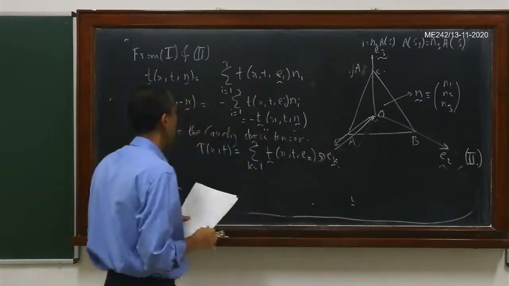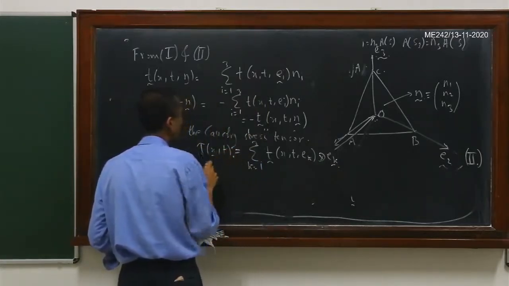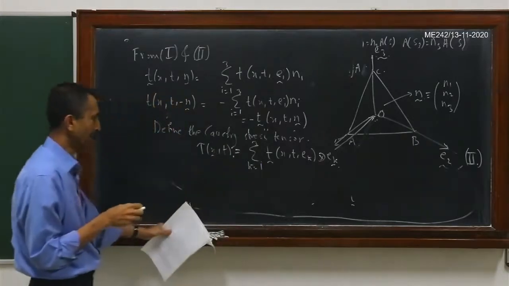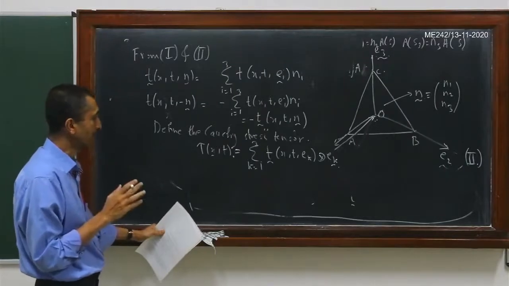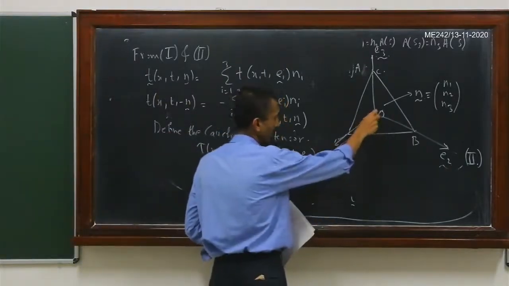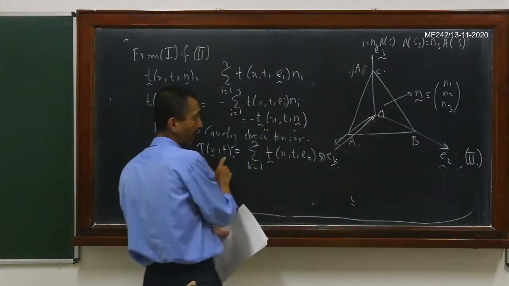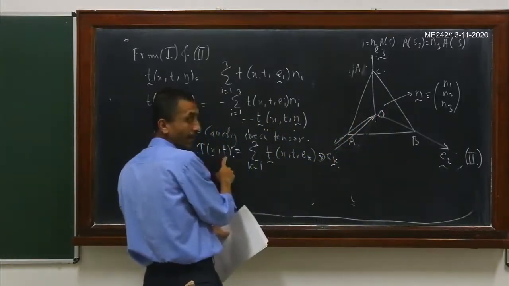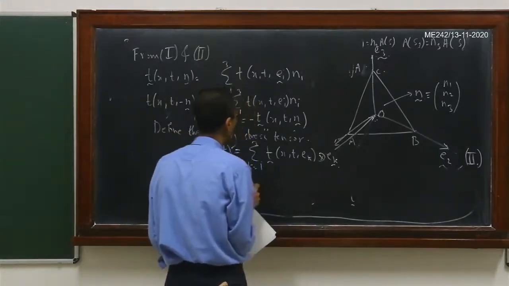So this colon equal to, again I'll put a colon equal to, indicates that it is a definition of the stress tensor. So this is now the stress at this particular point. Okay, so the position vector of this particular point is x, and let's say it is happening at some instant t, then this is how we define the stress tensor.